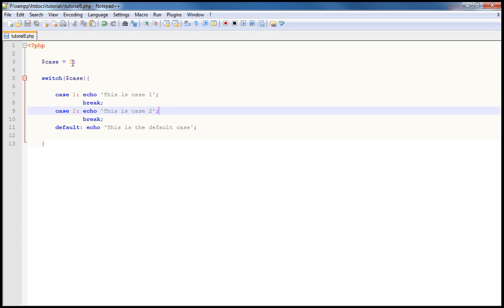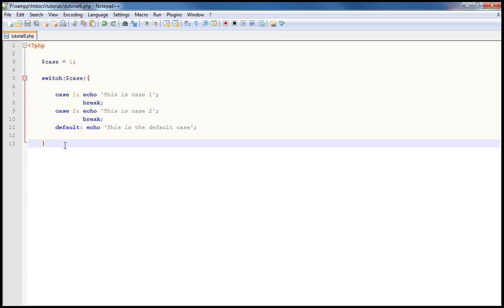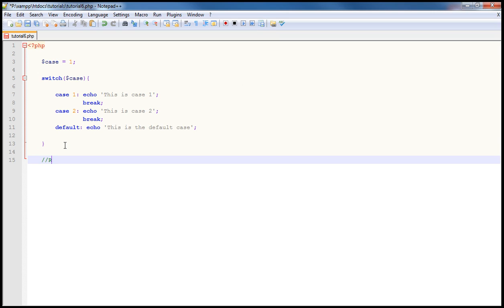Okay, so in this case we have 1. We will find case 1, it will execute echo this case. Basically it's going to echo this is case 1. And what the break does, once it executes this and it prints it out within our browser window, it sees the break, and what the break helps do here is basically once this case is executed, it will break out of this switch statement and continue with the rest of the code. So let me put a comment here, rest of code,